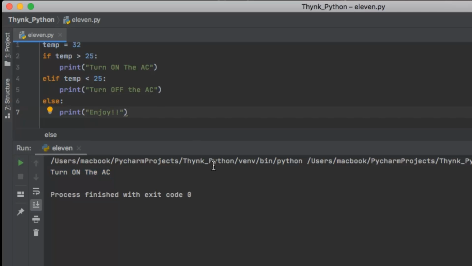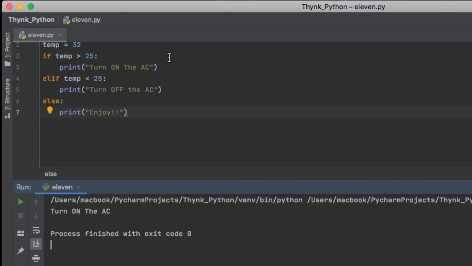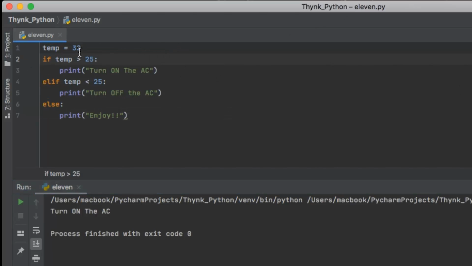So see here, the temp is 32, which is this condition, so turn on the AC is printed. Let's check the condition if temp is less than 25. I'll assign a value 20. Now temp is 20. So if temp is greater than 25, no, it is not greater than 25.